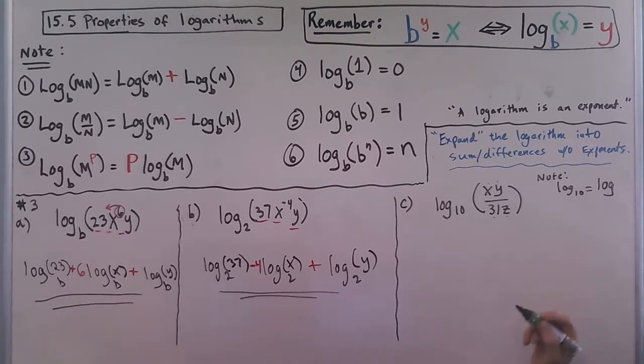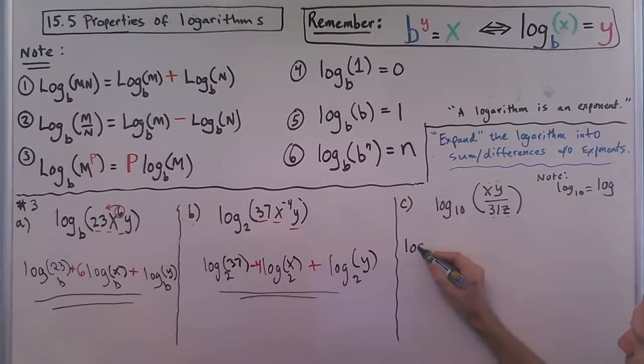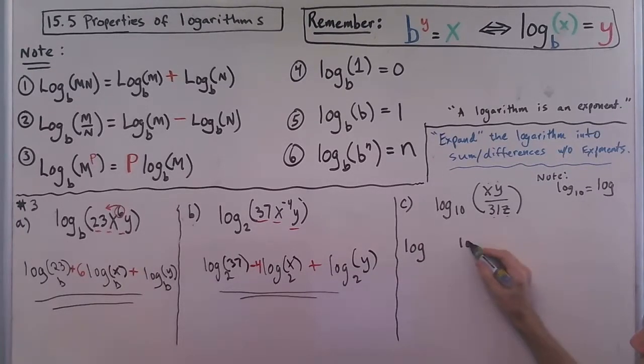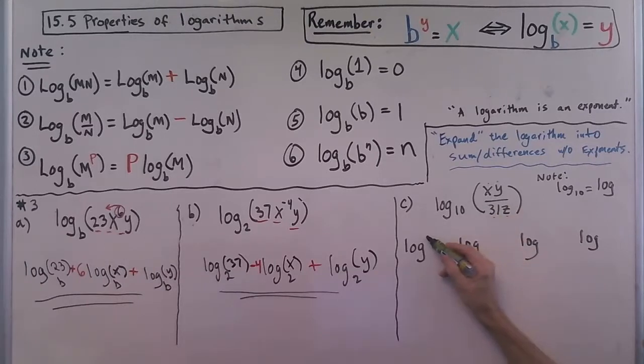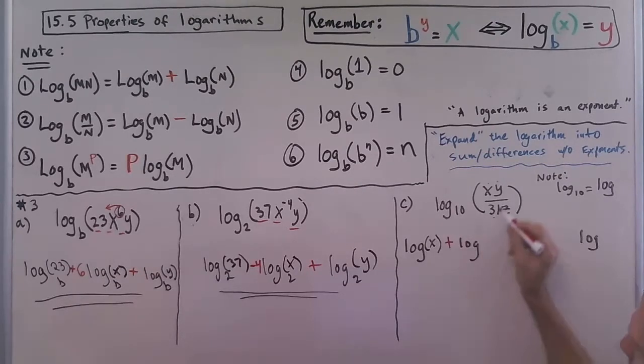So we don't have to write the base 10. It'll save me a little time on this problem. So I'm going to write log, log, log. And then I have x plus, because of the multiplication right here,